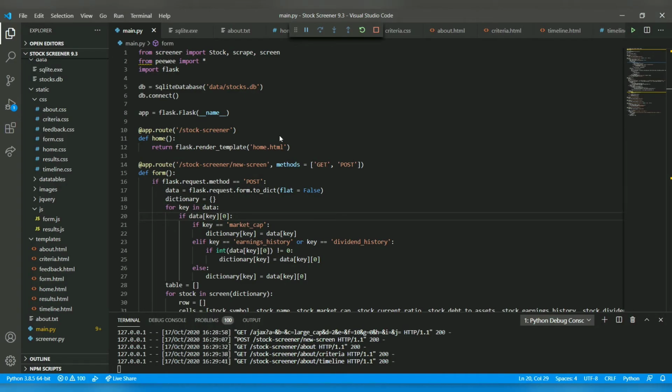So how does it really work? This program was made using Python and Flask. The website itself was made using HTML, CSS, and JavaScript. This program first needs data. It gets this data using a Python module called Beautiful Soup, and it stores that data in a SQLite database